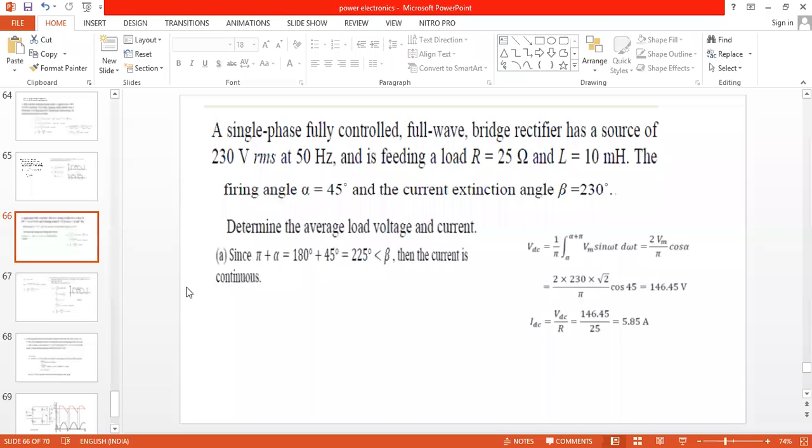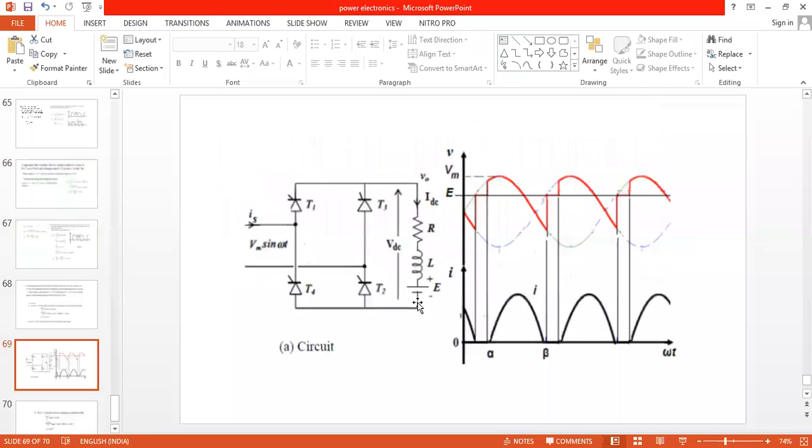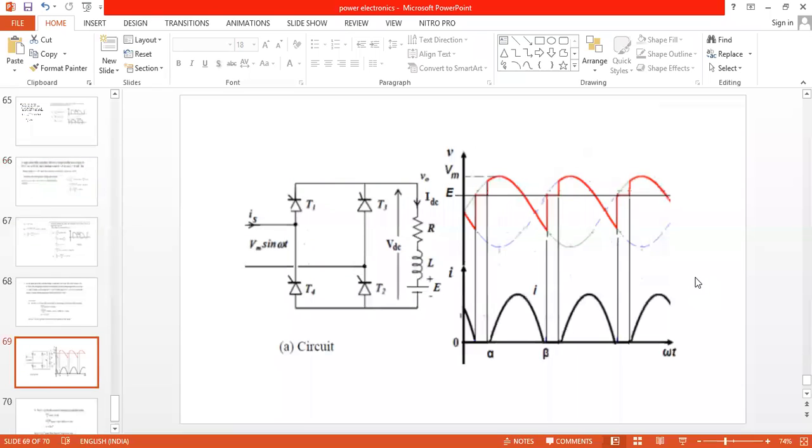So where is the graph for the continuous current? In the first class, basic classes we have taken. I will show you this particular graph. Yes. Now if you see the beta, actually the current starts from alpha, it energizes, and it becomes maximum at which point? You can see input voltage is 0 at 180 degrees. Okay, now again it has become